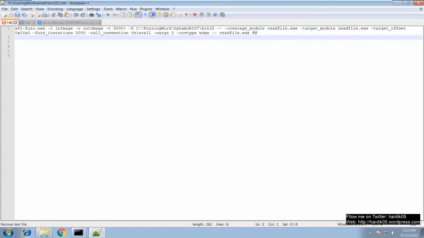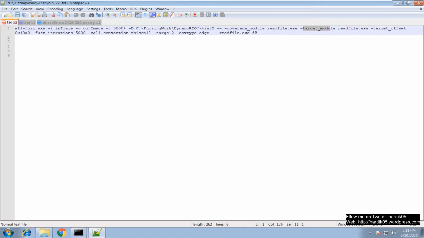In that case, you need to write a simple program which calls that gdi32.dll function, and then use WinAFL to fuzz that. So if you are calling a DLL, say gdi32.dll, you need to give the coverage module as gdi32.dll, and the target module will be whatever project name you had, like fuzzgdi.exe, which is calling gdi32.dll. I hope this difference is clear, and now you know the difference between coverage module and target module.